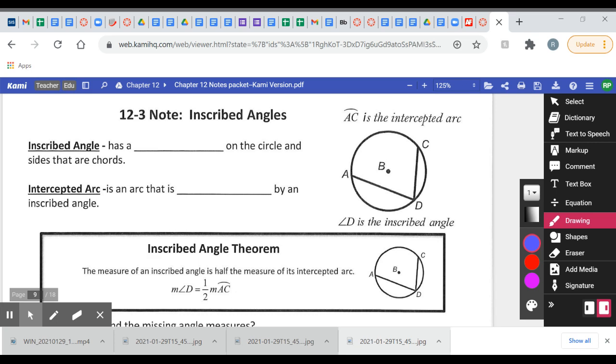Welcome to the section 12.3 notes, inscribed angles. So here we go with more circles. Inscribed angles have a vertex on the circle and sides that are chords. Let me go and talk about the intercepted arc, which is an arc that is intercepted